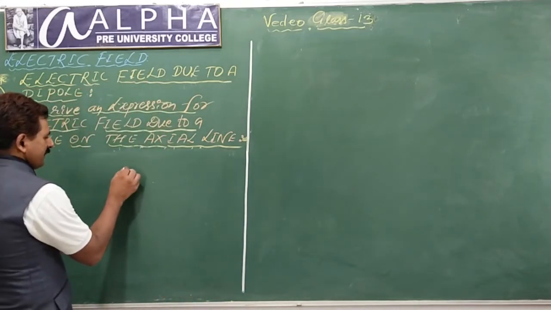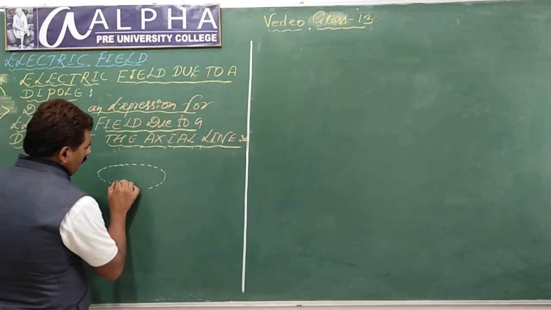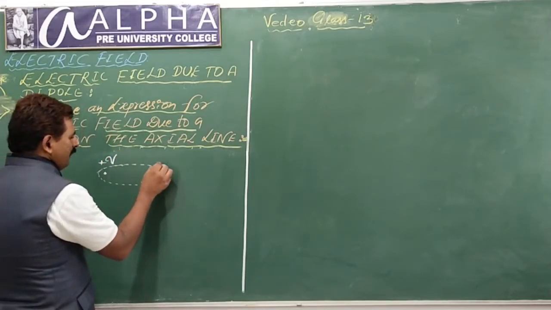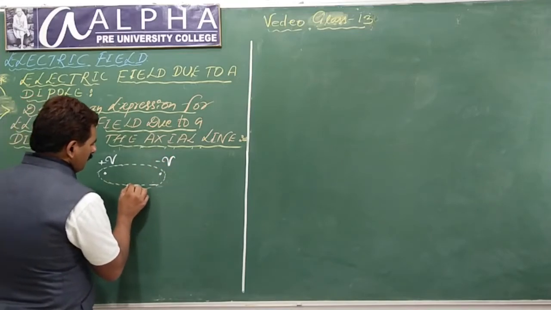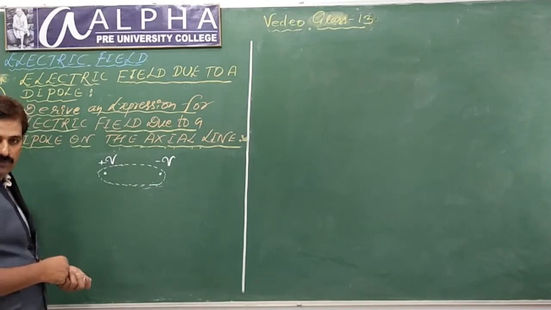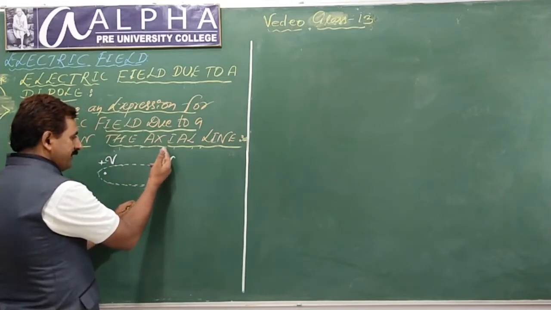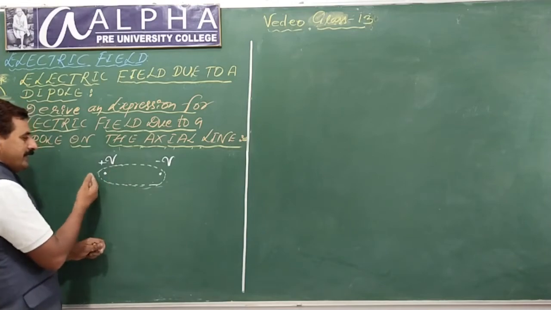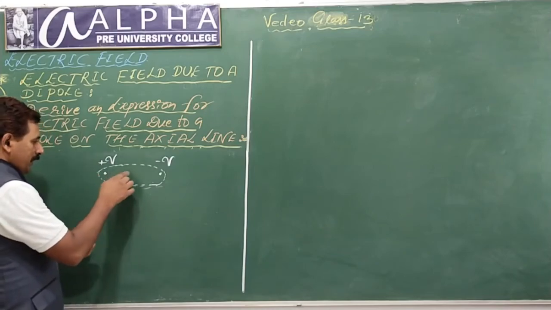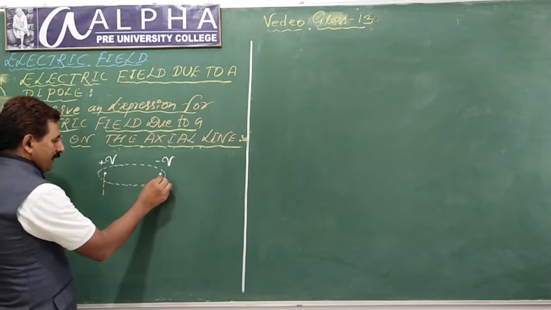Dipole is a combination of positive and negative charges, plus q and minus q, separated by a certain distance, constitute a dipole. What is basically a molecule? One end of the molecule contains effectively positive charge density maximum here, negative charge density maximum here. One end effectively positive, the other end negative, and the two ends, positive and negative, separated by a certain distance.